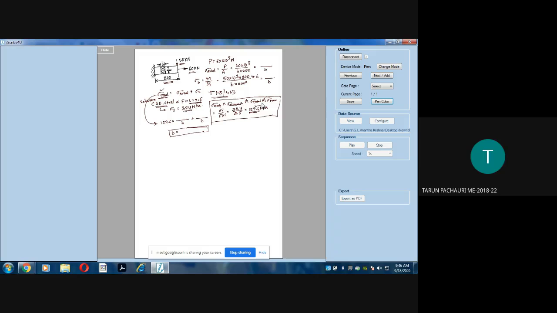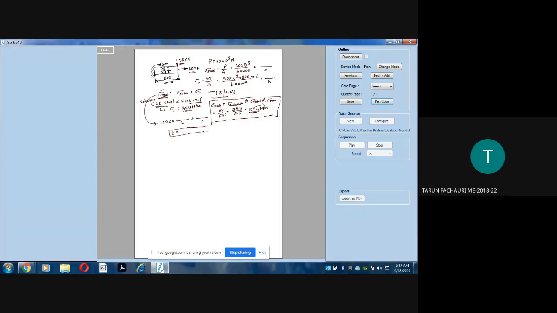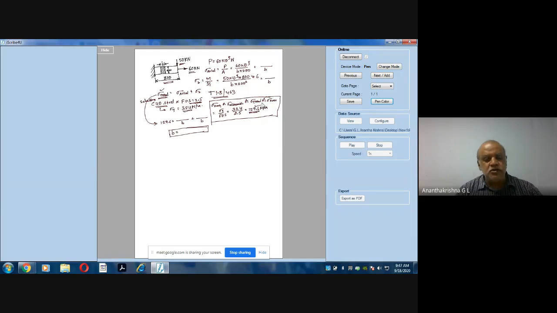Sigma design or sigma allowable, sigma total, sigma all means the same. That is sigma y by factor of safety. From where do you get sigma y? By choosing an appropriate material. From the table, we can get the yield stress value. Depending upon the type of application, but for classroom design, we can choose 2.5 factor of safety. But in some specific applications, this factor of safety will be different. If they give you factor of safety, use it. Otherwise, we are going to assume FOS of 2.5 for our classroom design. Are you with me? You can choose even 2 also, not an issue.